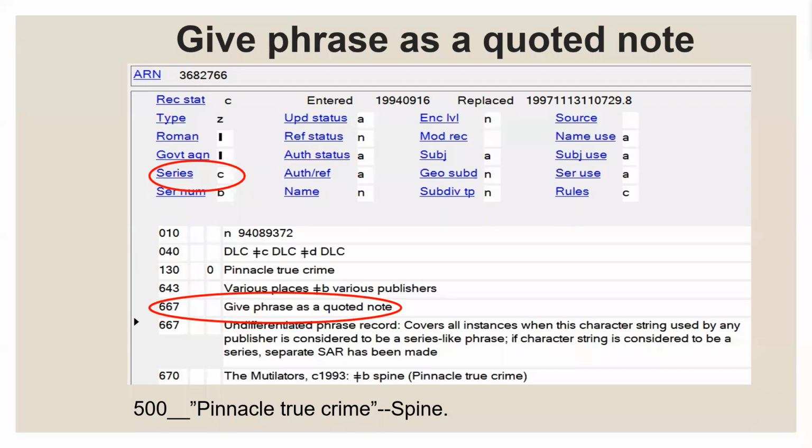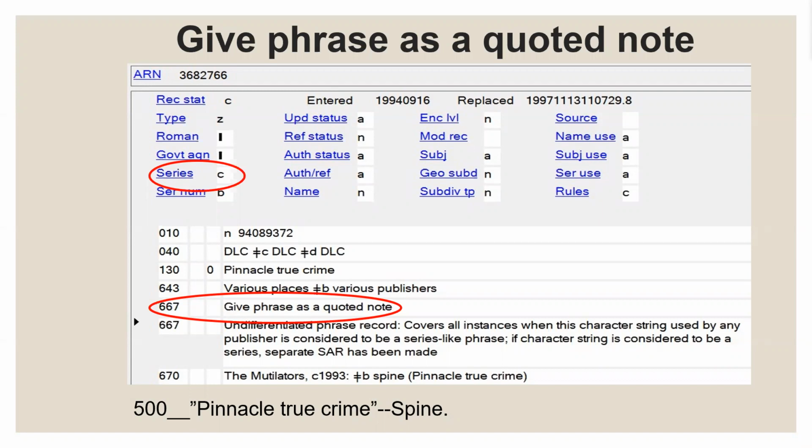So just off the top of my head, an example, maybe there are some books published by somebody else that they made kind of like an undifferentiated series, and it was like Pinnacle True Crime in parentheses Scholastic book. So if you have a Scholastic book that would be Pinnacle True Crime, that they wanted to trace as a series, they would have made another authority record. So you always have to look to see if there's an authority record made for Pinnacle True Crime that more completely matches the book that you have. And that's maybe not a great example, but the one that came up off the top of my head.